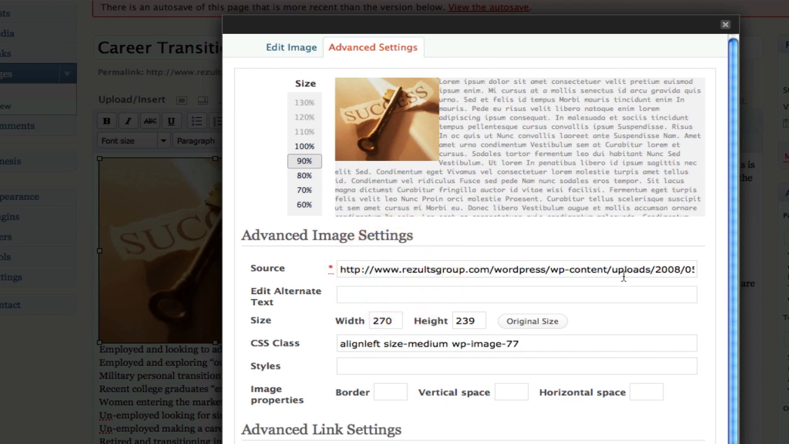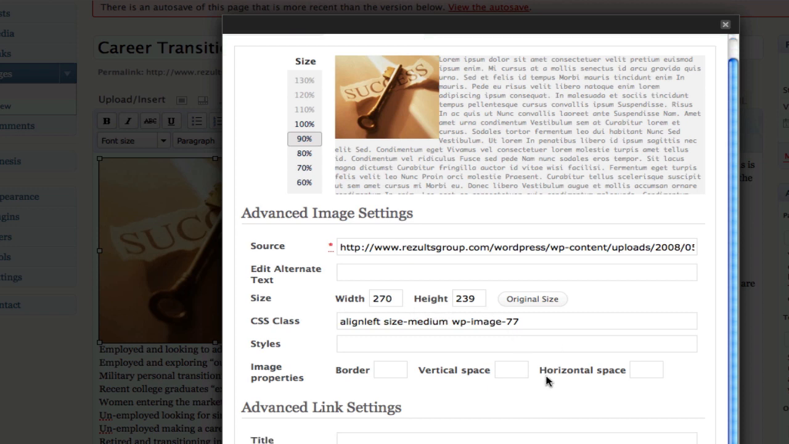The source, which is where this page comes from, you can leave that. That's fine there. And then the relative size, 270 by 239. That's a good size to start out with. To get a little bit of padding around the picture, and maybe to possibly add a border, I'm simply going